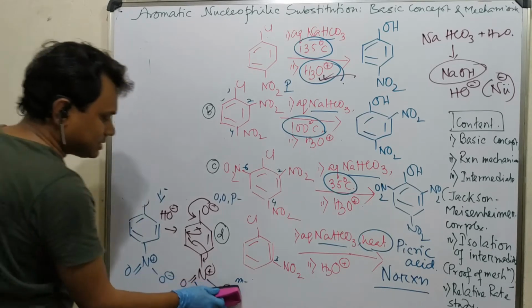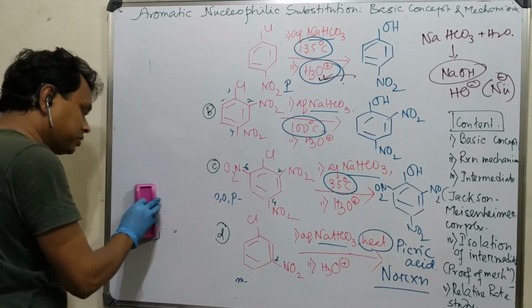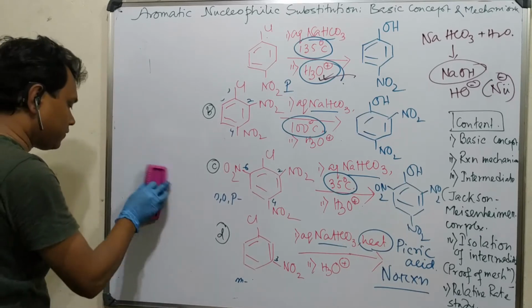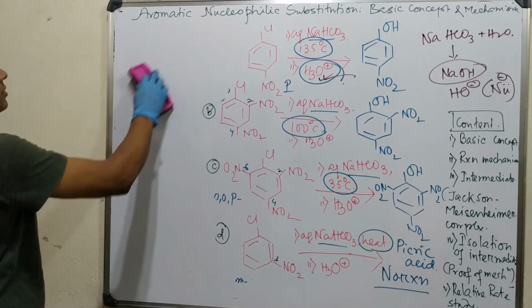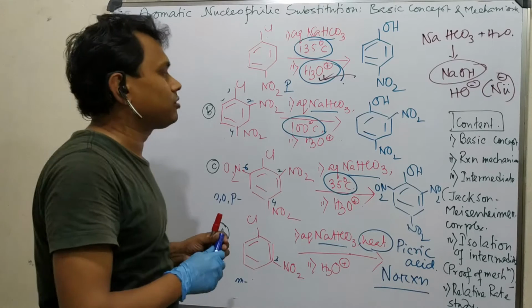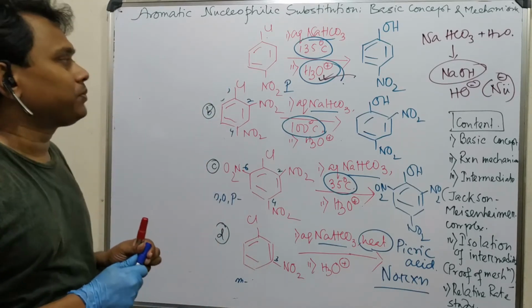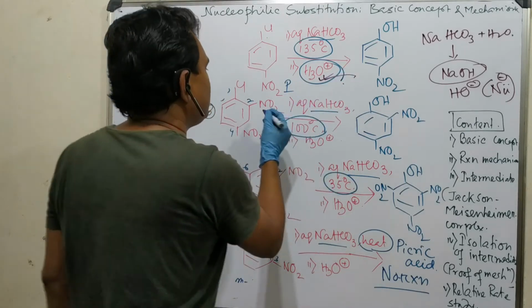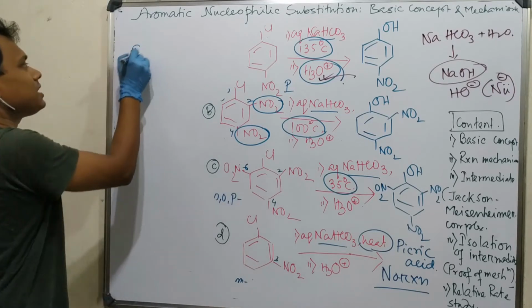Why is there an enhancement of reactivity due to the increment of number of nitro groups in the ortho and para position? The reason is, first point, nitro group introduces electron deficiency in the ortho para position, and second point, nitro group is electron withdrawing. So increasing more and more nitro groups increases